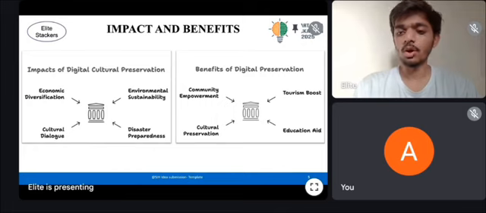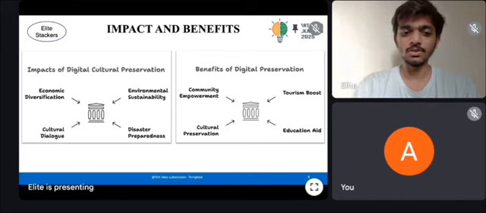Benefits of digital preservation. First, community empowerment. Local communities gain pride and economic opportunities when their culture is preserved and showcased digitally. Second, tourism boost. Digital archives, virtual museums, and cultural storytelling attract tourism both physically and virtually, boosting the economy.